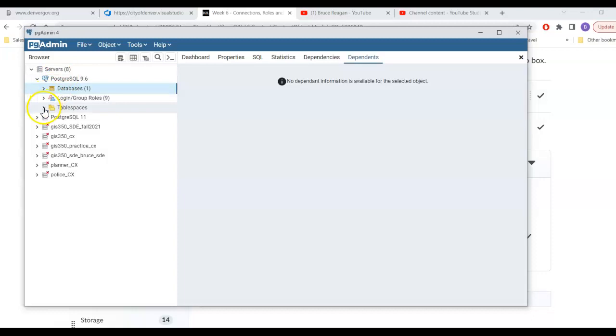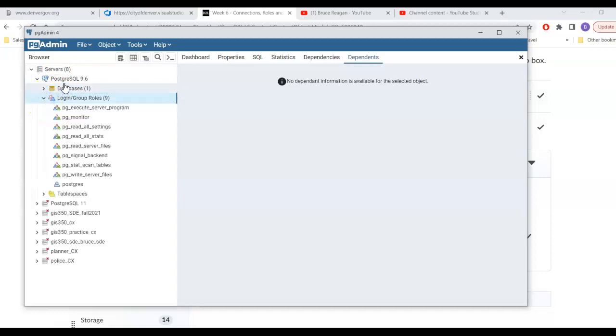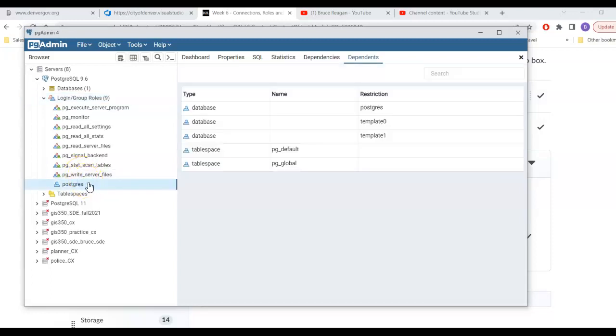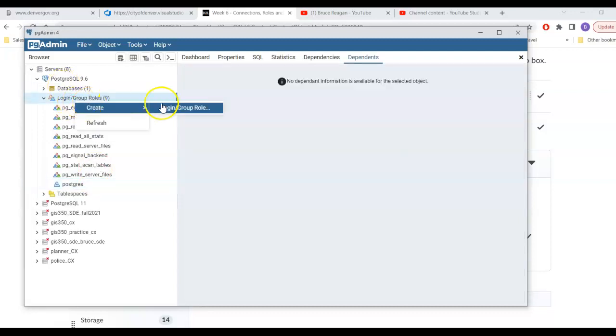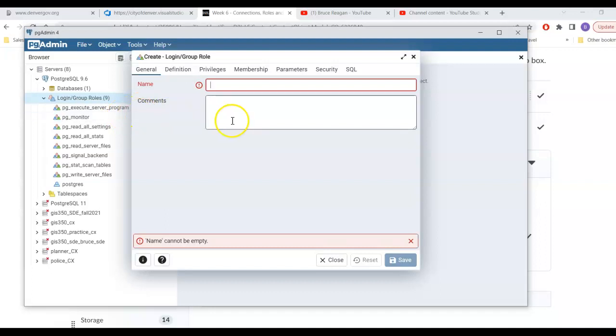Okay, so as you can see, within this connection there is this server. There's this thing called login groups roles. You can see here are some groups that are created by default, but there's really only one user. If you did what I said, then it's Postgres. You could have named it superuser or sys or something like that. All right, but we want to create two users,